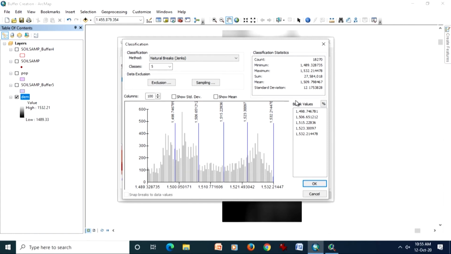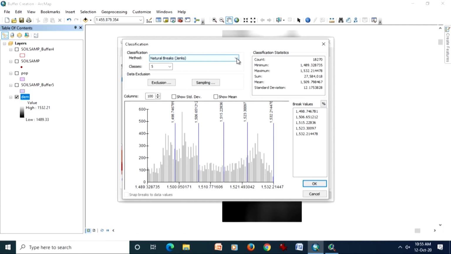See, the distribution of the cell values within this digital elevation model is varying. It is not well shaped. Generally, most data sets may not show a well shaped distribution. So, therefore, there are options.